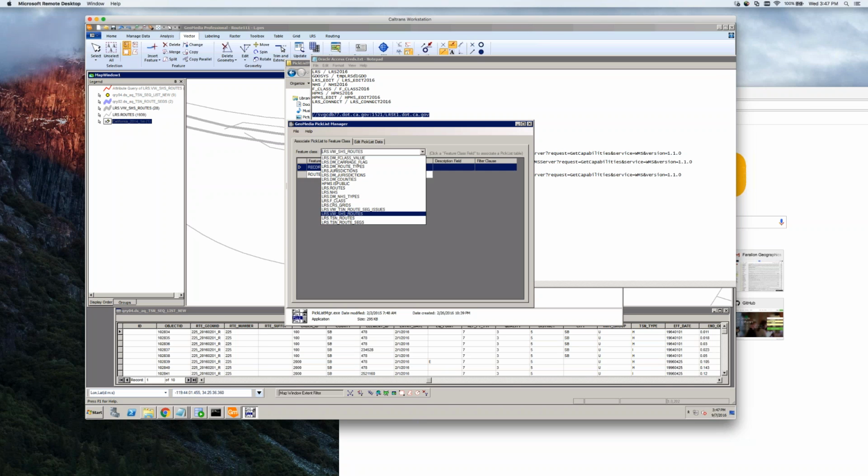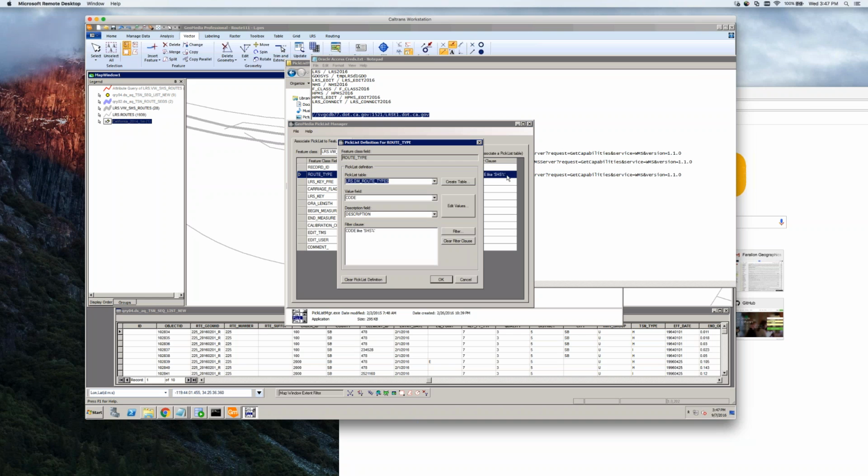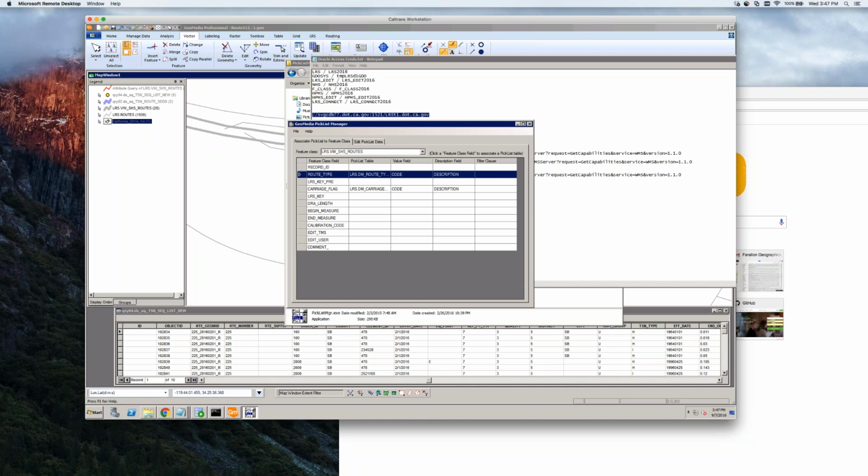View SHS routes. It knows the route type. I'm just going to get rid of this filter clause. Done. All right, so now